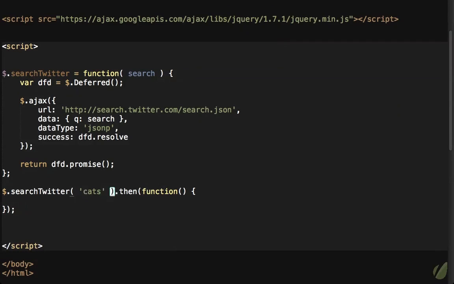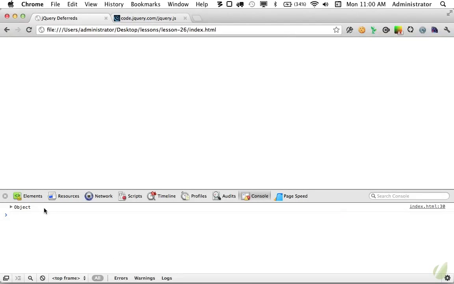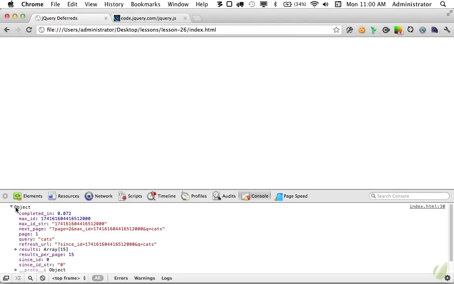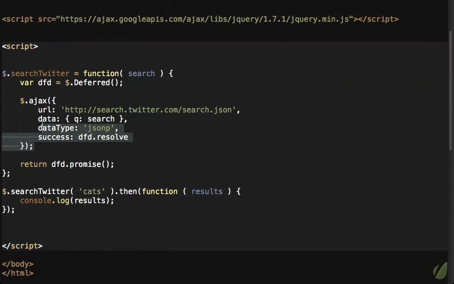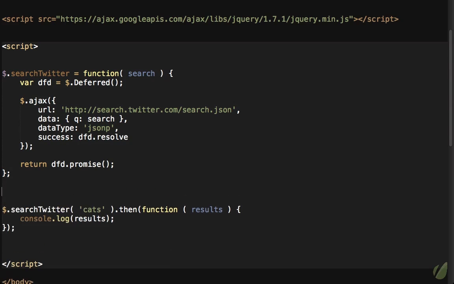The function will automatically be passed any arguments, so we can accept the results, and then we will log those to the console. One more time, load the page, and we get those results. But now we're not stuck into this AJAX method, and we don't have all of this indented code, and we can fire multiple callbacks. And what I mean by that is, let's say we call this outer, and that's going to be equal to